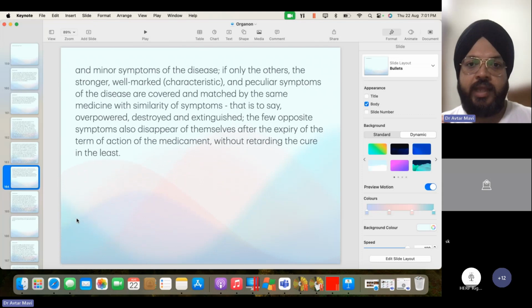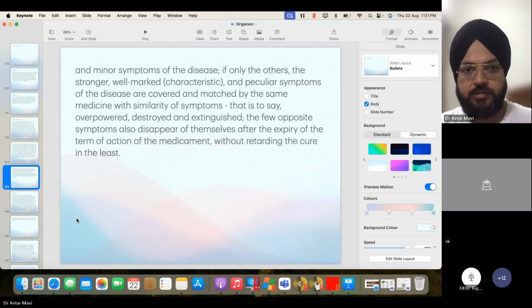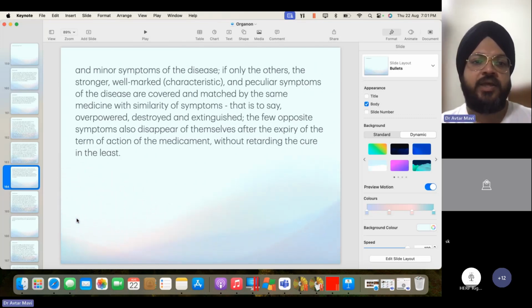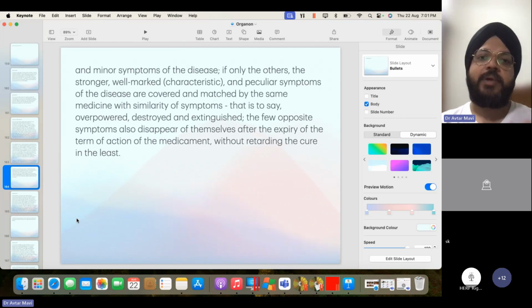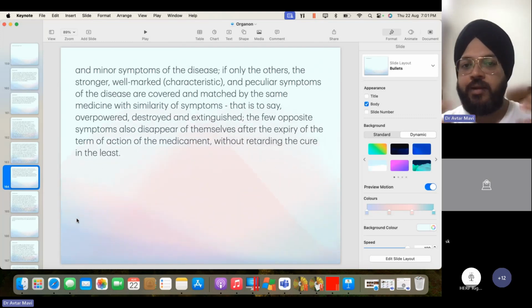are covered and matched by the same medicine with similarity of symptoms, that is to say, overpowered, destroyed, and extinguished, the few opposite symptoms also disappear of themselves after the expiry of the term of action of the medicament without retarding the cure in the least. So he's saying if the medicine is completely similar to the well-marked characteristic symptoms, the symptoms which are of the individual, the symptoms which are very strongly present, which are very peculiar,